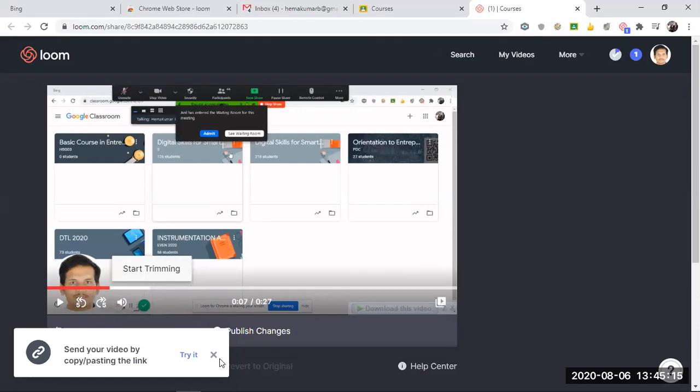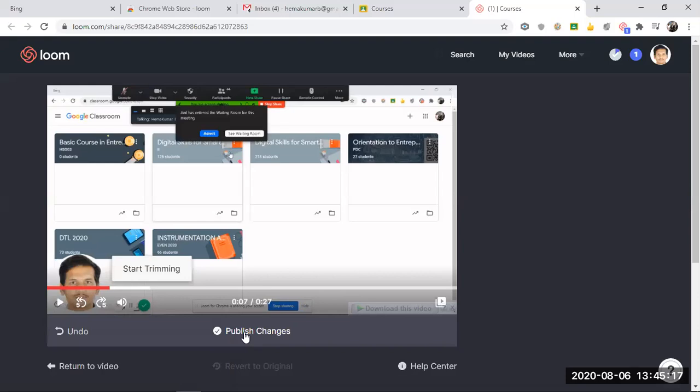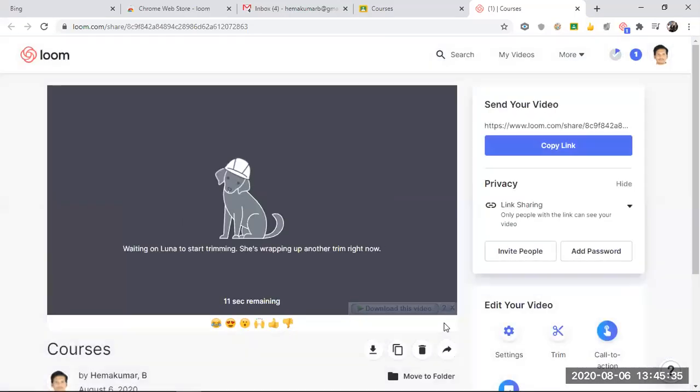So only if you publish these changes, it will be reflected. As of now, it is like you have deleted a file and it has gone to the recycle bin. Anytime you want, you can restore it. Now, if I want to make this permanent, then I have to publish the changes. Once I publish the changes, the video will be cut. 4 seconds will be cut from the original video and you'll get the video. So that's how it works. It takes some time.